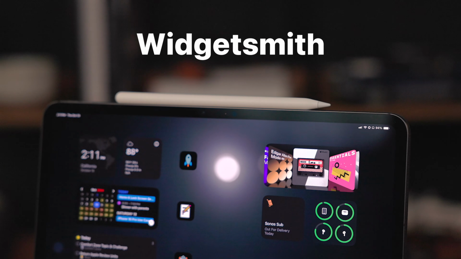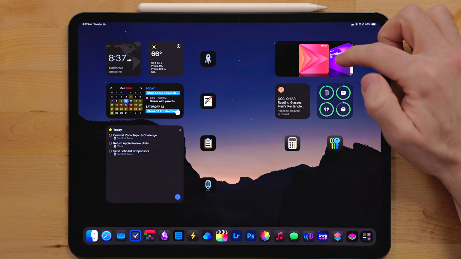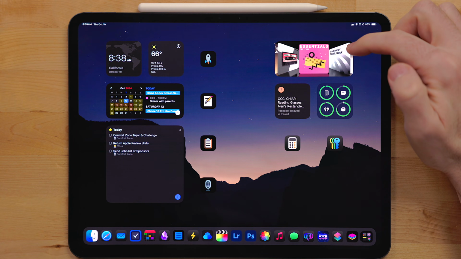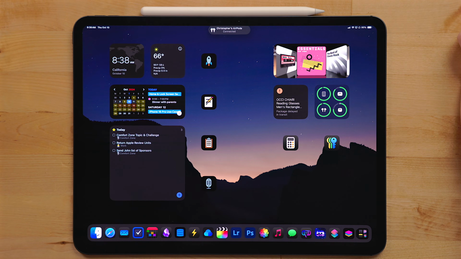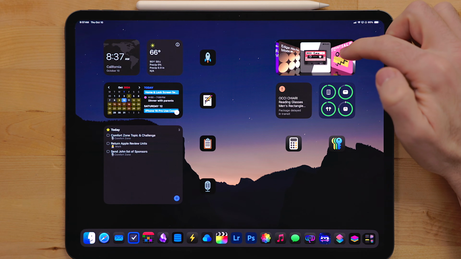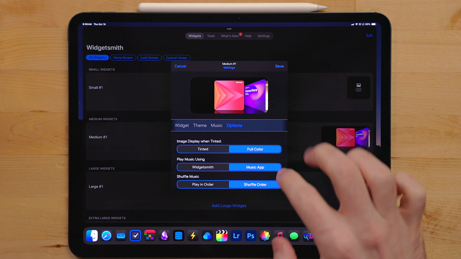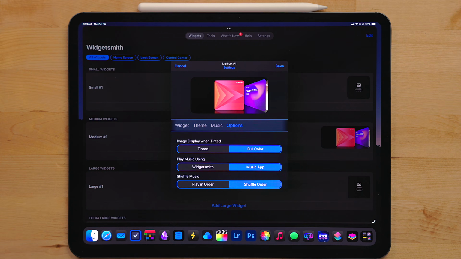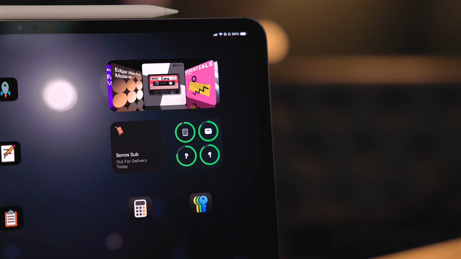Next up is Widgetsmith. This has to be one of my all-time favorite widgets. The developer brought back CoverFlow from the classic macOS 10 days. I have this set up with some of my favorite playlists and albums. This way I can just start those from a touch of a button right from the home screen. In this widget, you can cycle through different versions of the music you have added. There's also a few customization options for this widget as well. I set it up so that the artwork has rounded corners and reflects to make it look like classic CoverFlow. Widgetsmith has a lot of useful widgets in it, but CoverFlow is the best.